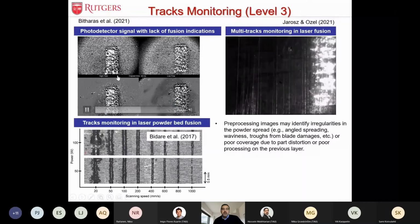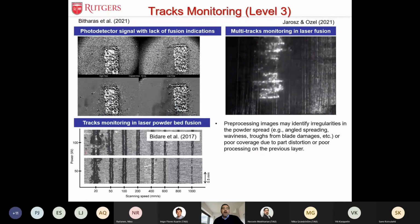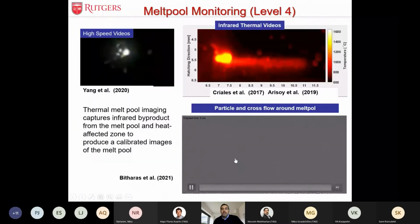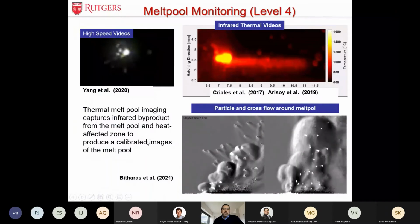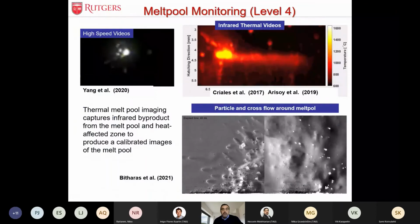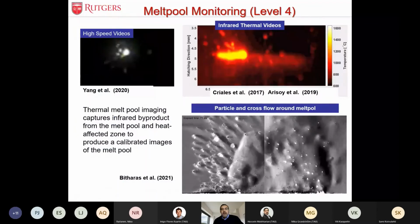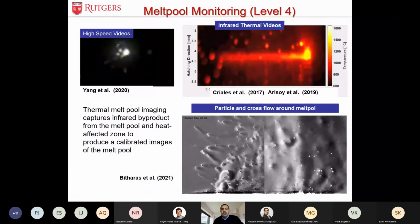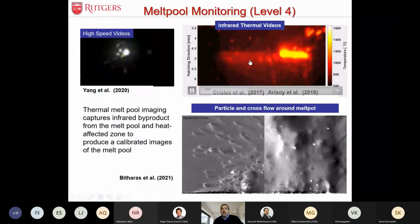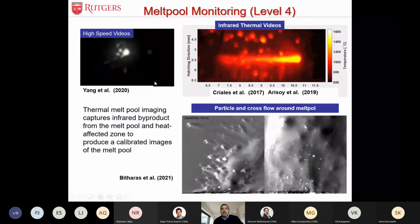It doesn't tell us what the Meltpool size is, etc., but we can actually detect by photo signals on the track occurrence. And this is probably the most interesting one because we can see Meltpool monitoring here very closely. This has been studied very extensively in literature. We studied that in 2017 and later, that we used IR videos, infrared thermal videos, to detect the Meltpool and